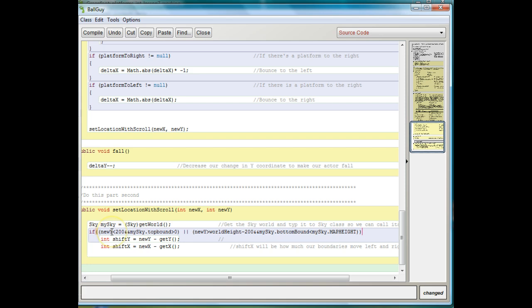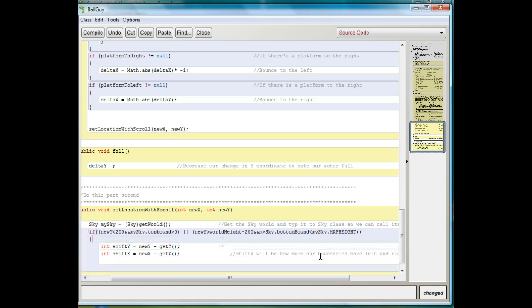We want it to scroll. This is going to scroll if we're within 200 pixels of the top of the screen, and the top of the screen isn't near the top of the whole map, which is here, right? Or we're within 200 pixels of the bottom of the screen, which is this part right here, and the bottom of the screen is not near the bottom of the map. Then what we want to do is,